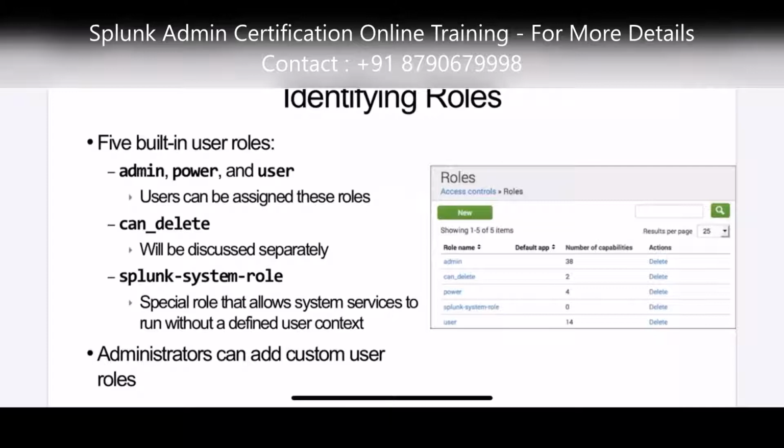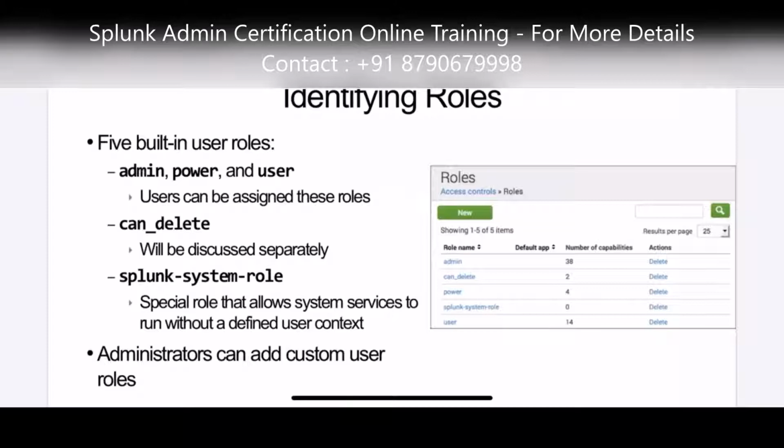But power has not only read access, he can read everything. He can create alerts. The first main thing is he can create alerts, but when you give access to users, they can only read the indexes. You can also change the privileges of user, but usually we will not do that. And can delete is a separate role which can be assigned to admin. Admin will also not come with can delete privileges, but if you want something to be deleted, then you have to add the can delete role to admin.